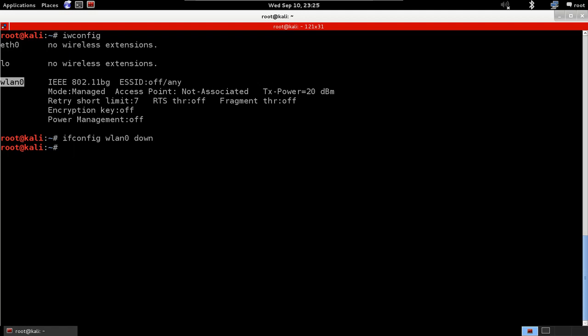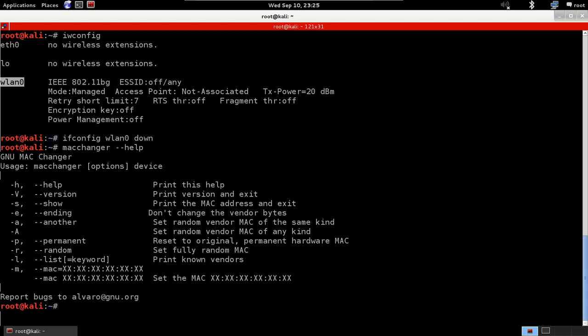Now we're going to change the MAC address. We're going to use a tool called MAC Changer. With these tools, it's always a good idea to look at the help. If you just type macchanger --help, we'll see all the options that we can use with this tool. You can use -V to show the version, and -s to show your current MAC address,